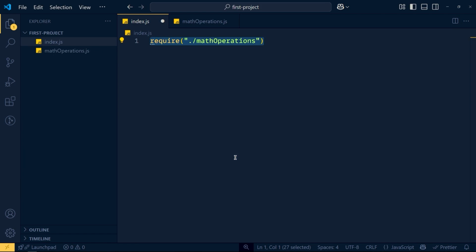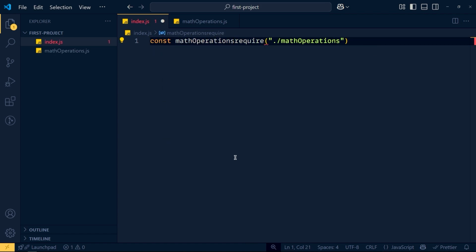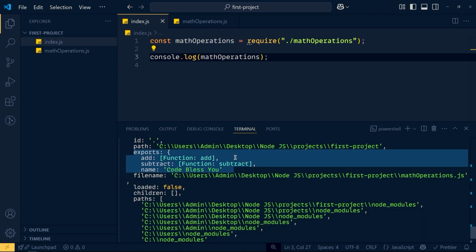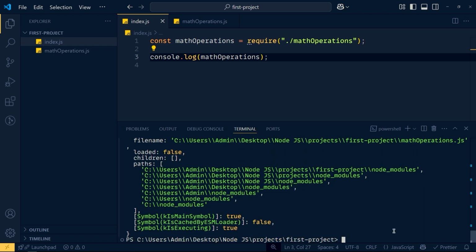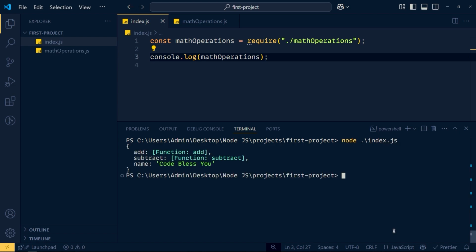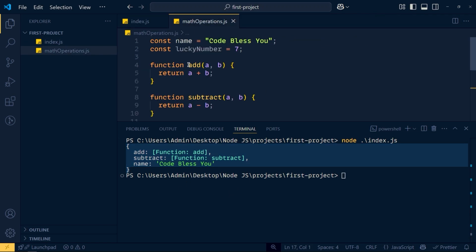Now this require function returns the exports object from this module, which we get here in the terminal. Let me show you. So here we store this value in a variable called math operations. You can take any other name, but mostly we use the same name as that module, so we don't need to remember another name. And here we simply console.log math operations. Save the changes, and now we can run this index.js file. So node index.js. See, here we get the object with those 3 properties which we added in the exports object